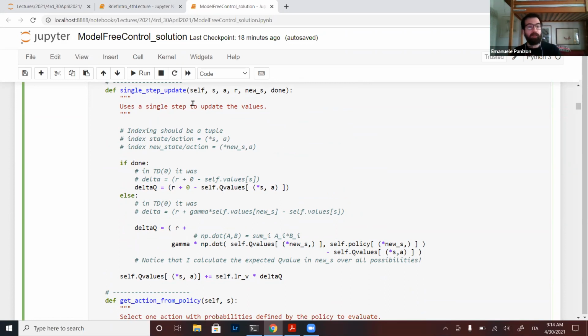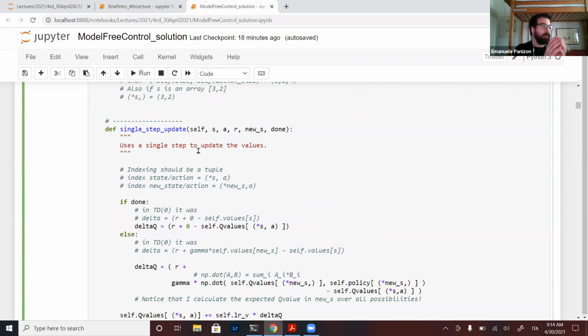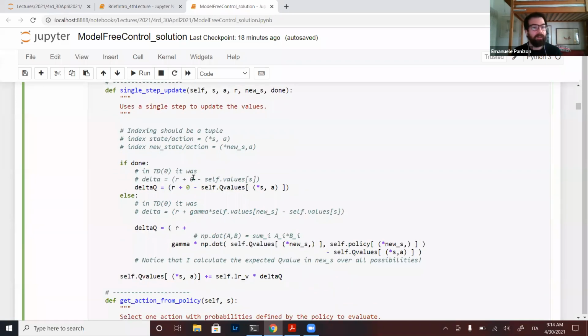So remember what we are trying to do. We are trying to take the old evaluation of Q and compute the new one. In TD0, I'm just getting the state and the action. So this was S0, A0, R1, and then the new state S1. This is what we gave to the algorithm last time.